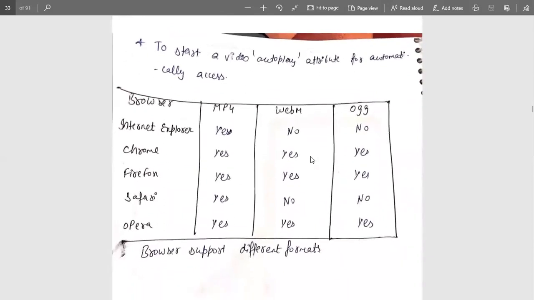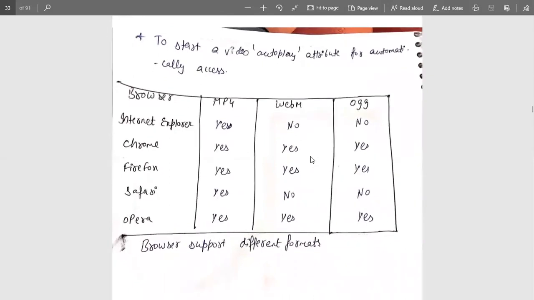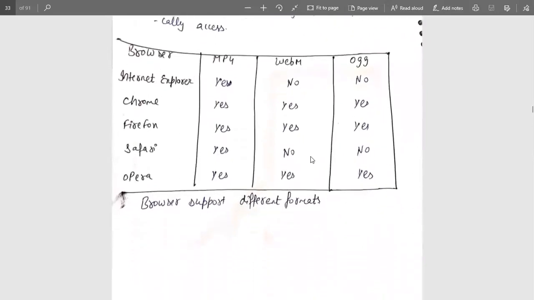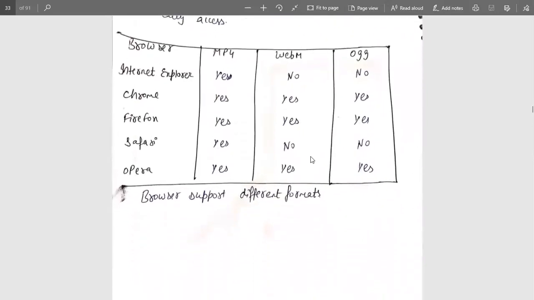To start a video automatically, we use the autoplay attribute. That means to play by default, we have to insert the autoplay attribute, which will play it directly on the web page. So these are some browsers and the video extensions available on those particular browsers. In Internet Explorer, MP4 is supported, WebM is not, and Ogg is also not supported.